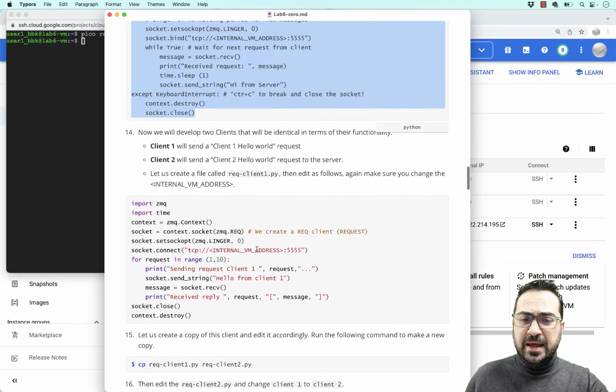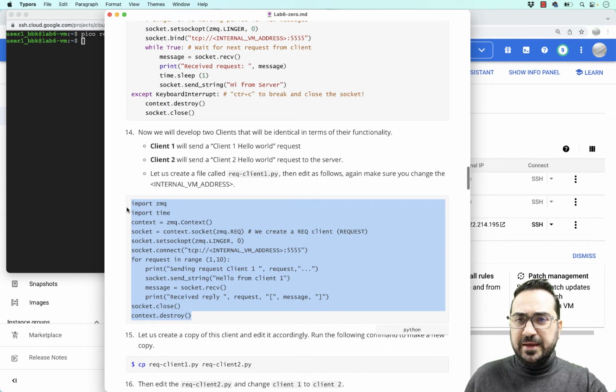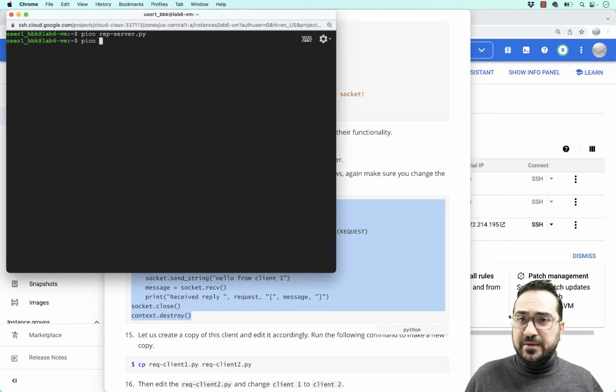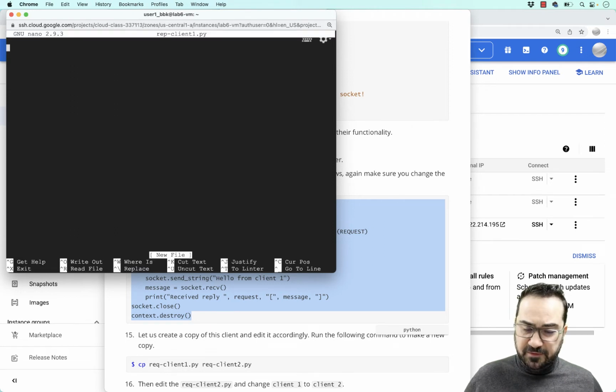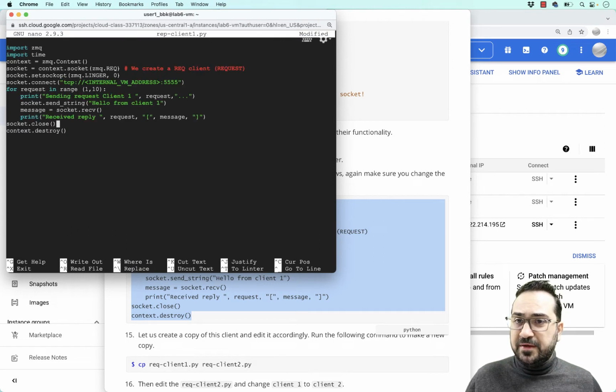Okay, let's create a client. So let's copy the code for the client, and let's create the rep client. In my case, I will call it client 1 because I want to have multiple clients in the scenario. So Control V, and we have here our client.